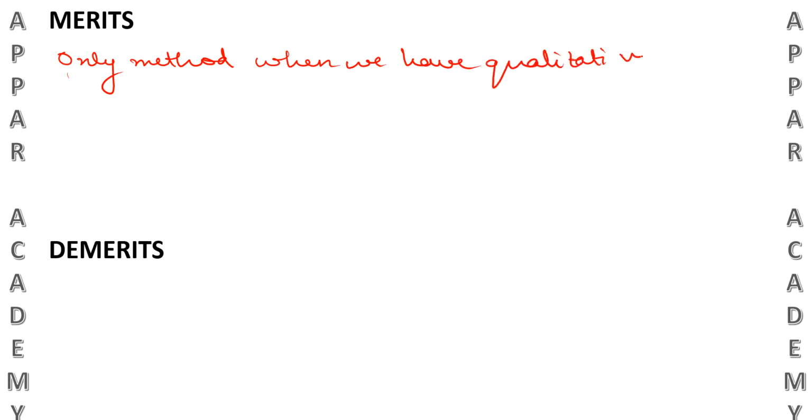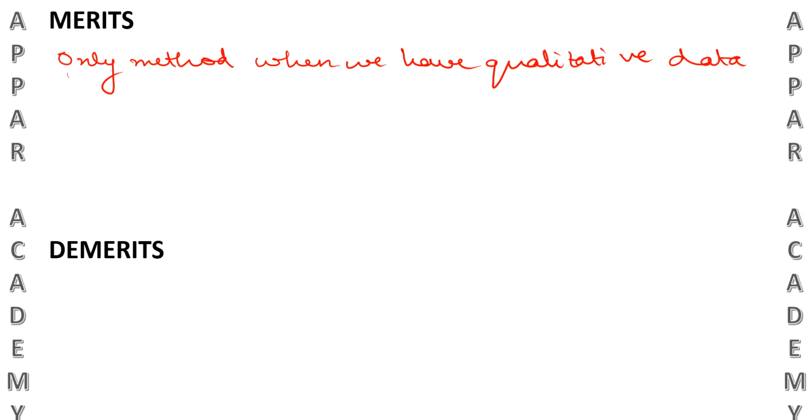Qualitative data. That is when the data cannot be quantified, right? Although this method can be used in case of quantitative data also, but when it comes to qualitative data, only Spearman's rank correlation coefficient comes to our help,